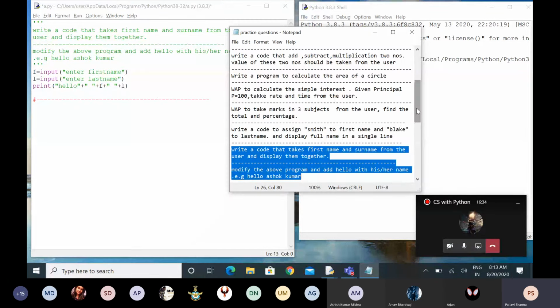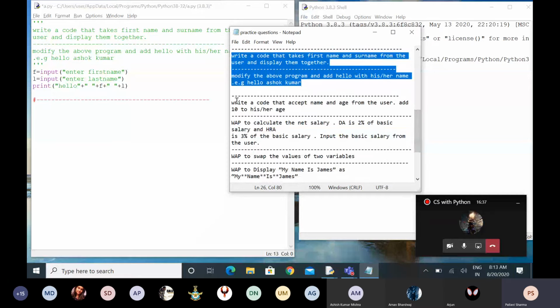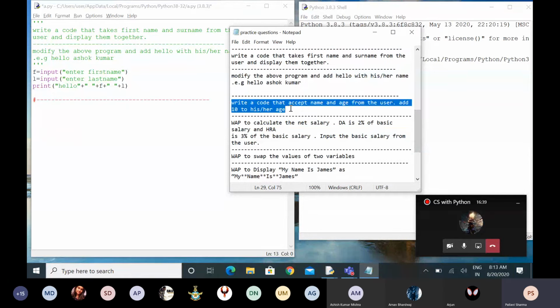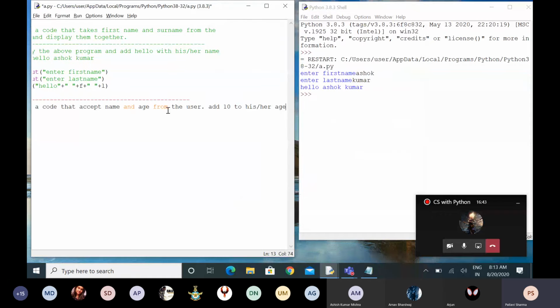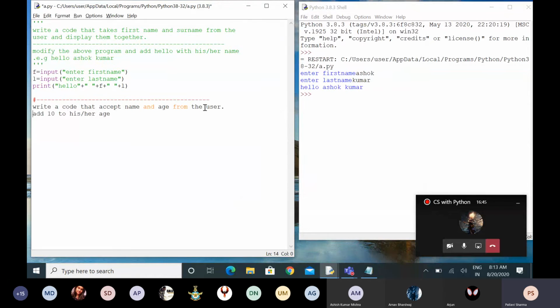Now the next question is, we have to write the code that accepts the age from the user and adds 10 to his or her age. That means after taking the value from the user, we have to add 10 to his or her age.